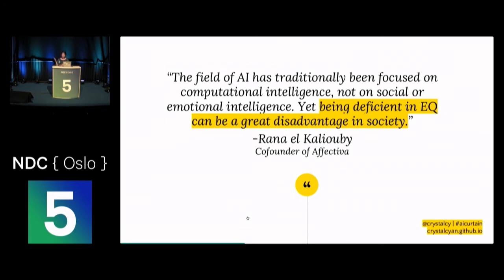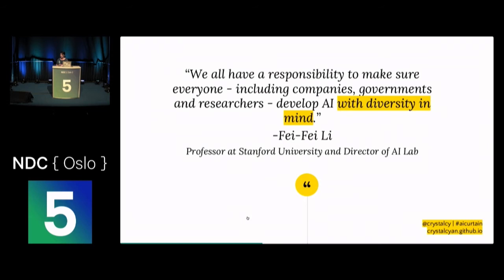So this is a quote from a woman who founded a company that is trying to use artificial intelligence research to help children with autism better express their emotions, because it's something that might be kind of difficult for them. And I think this other quote from a professor at Stanford University really highlights the importance of AI considering a lot of the different factors that they may not be implicitly including in their algorithm, but might be